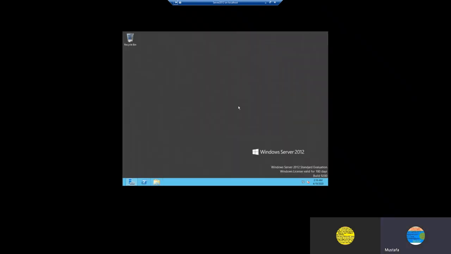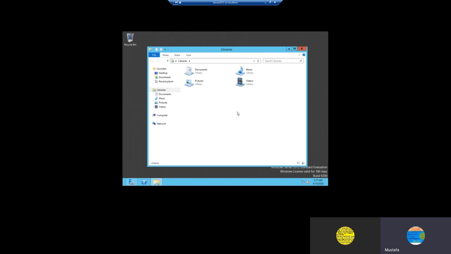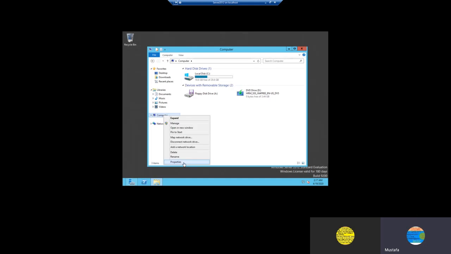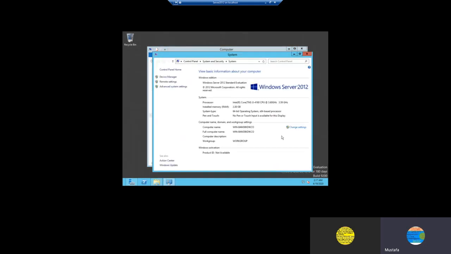So I am clicking on Windows Explorer to open My Computer. So this is the local disk configured with the C drive, and whatever space we have given is configured. But here we have to do one thing. The computer name is taken by default with the MAC address, so we have to give the name as per our requirement.